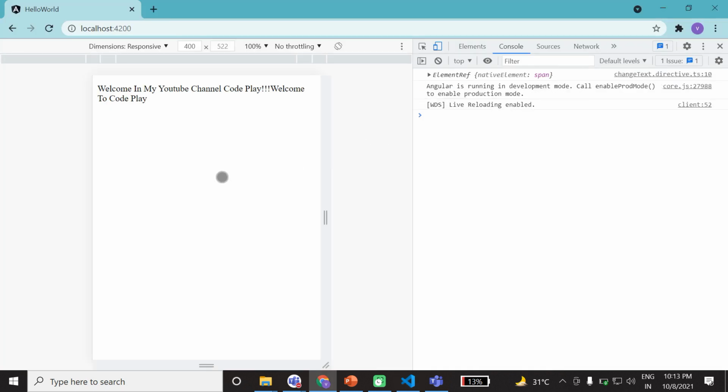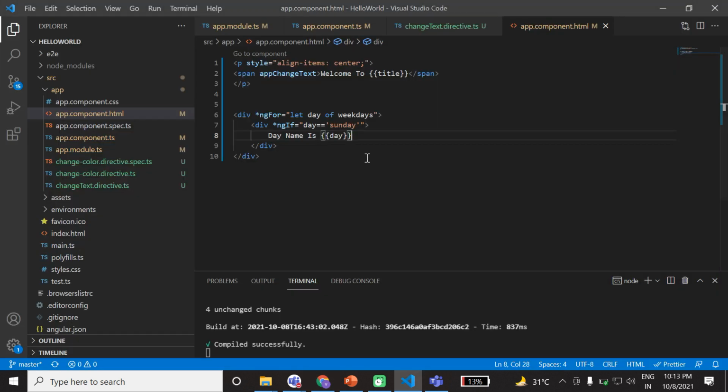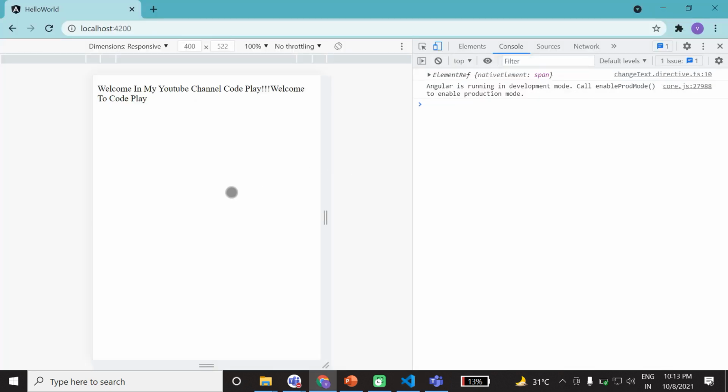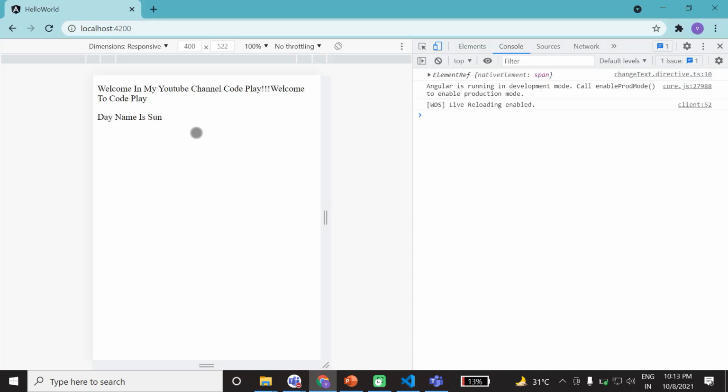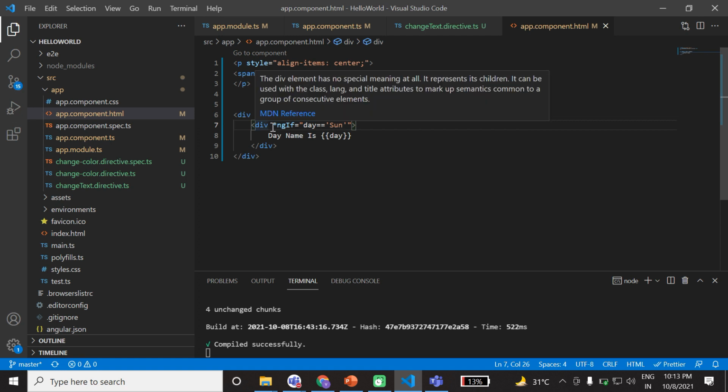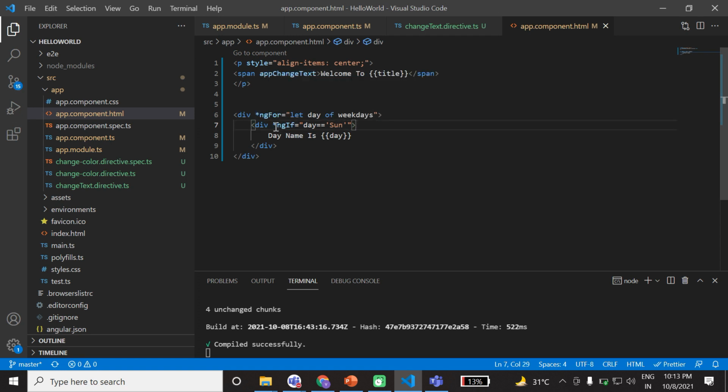Let's see if it works. No, because it is not matching. What we have is Sun. Now the day name is Sunday. So by using ngIf, you can set conditions.